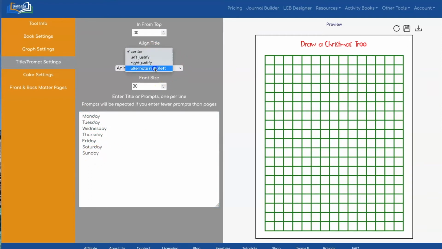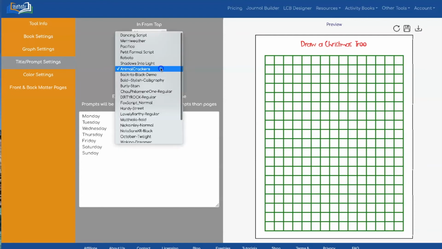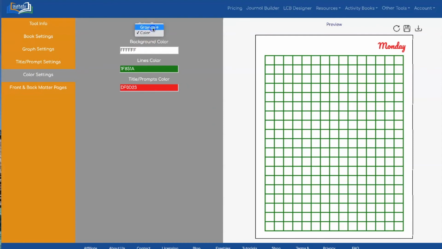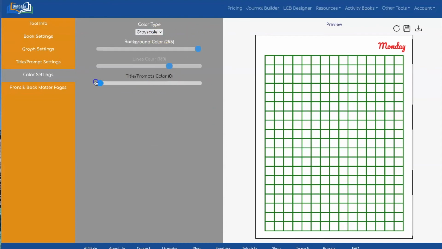And using the alternate right left is kind of a good way to do this because it's going to move it around on each side. Say we want to use a different font like Pacifico. Let's get a preview, see if we like it. And let's go back to grayscale. Let's have my title in black, my lines a little bit darker. I'll hit the refresh. There you go. And now if we download the whole book,